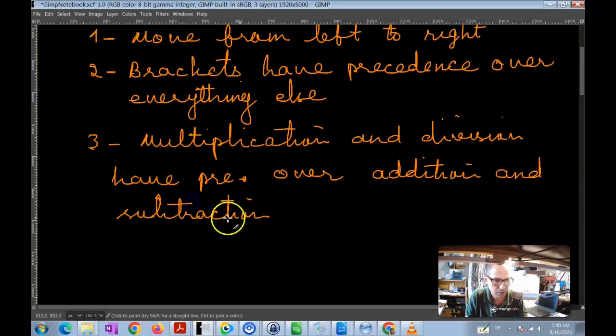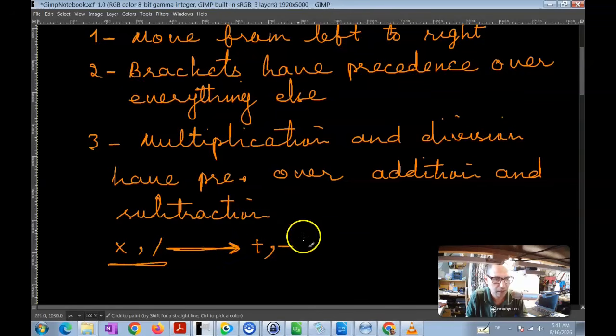So what that means is that in the order of precedence, you have multiplication and division, and then the next order of precedence would be addition and subtraction. Okay, so which means that multiplication and division have priority over addition and subtraction. Okay,